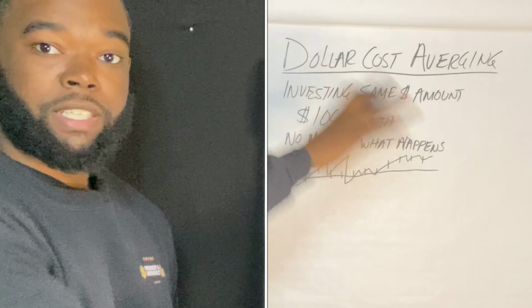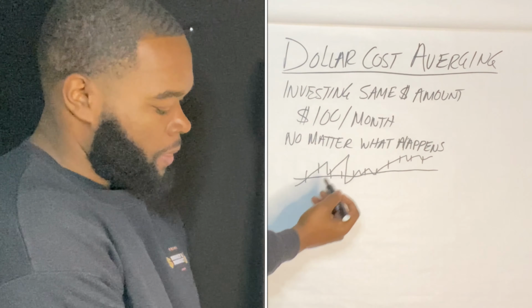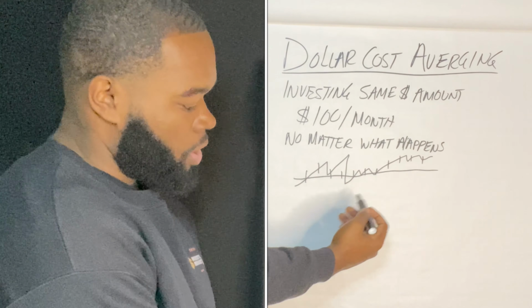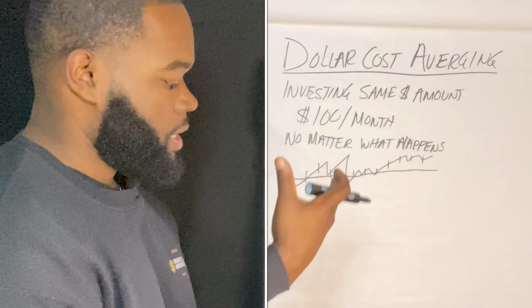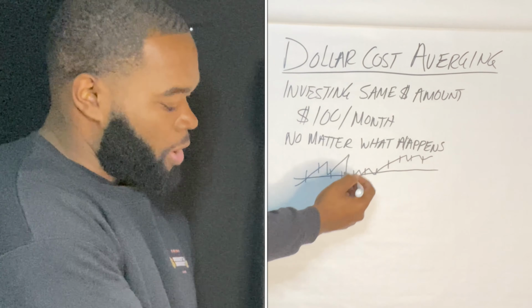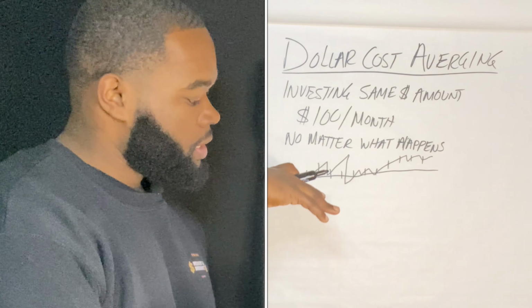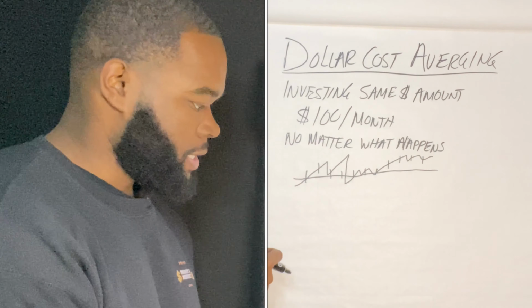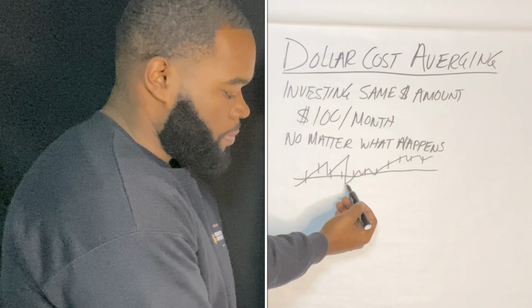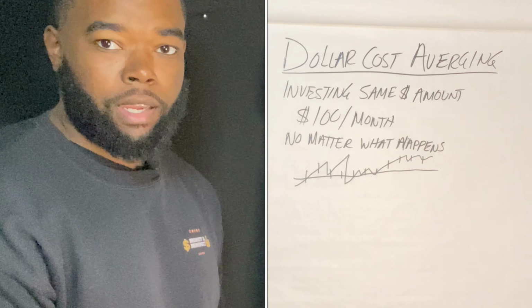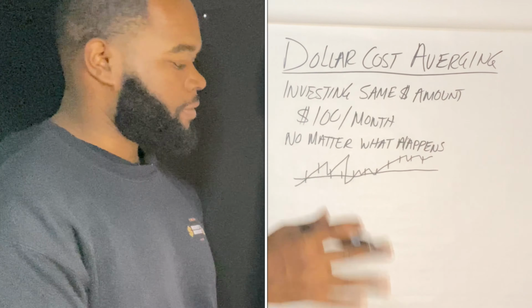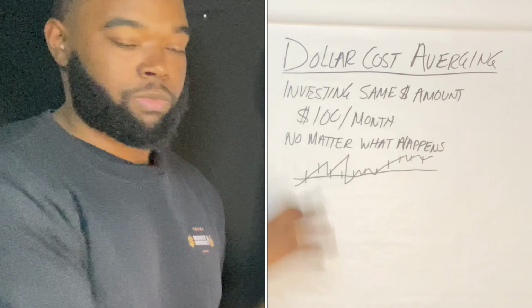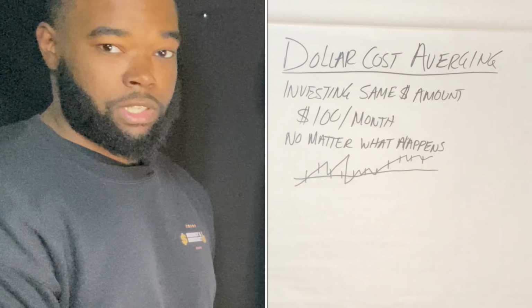You're investing money no matter what happens in the market, and you're going to be able to get some of those lows. You're going to be able to get more when the market is down, and you're going to invest or buy less when the price is at all-time highs. That's how you win. You buy low and sell high. But in this method, we're never going to sell. This is dollar cost averaging. We're just going to keep doing that. So that's the first thing you've got to understand.